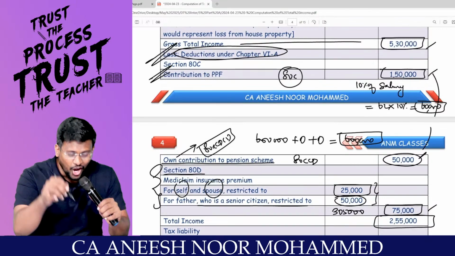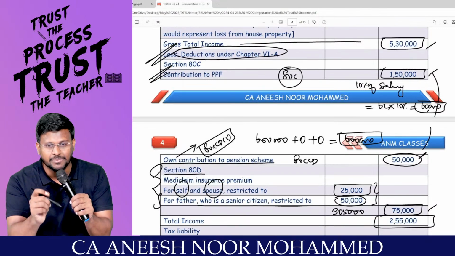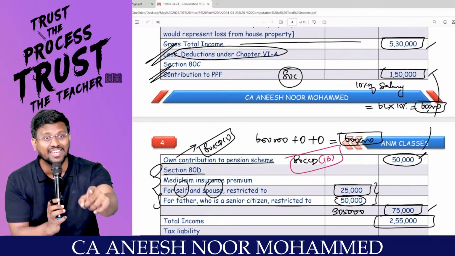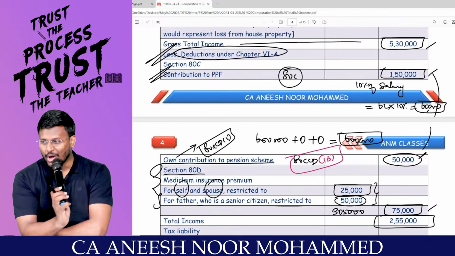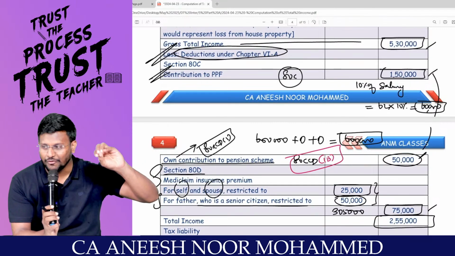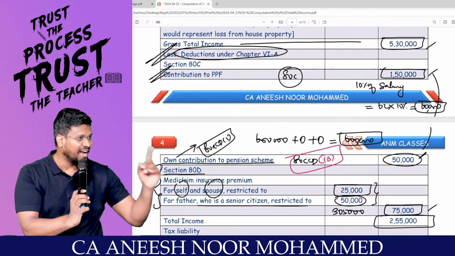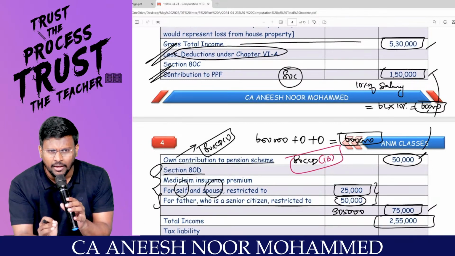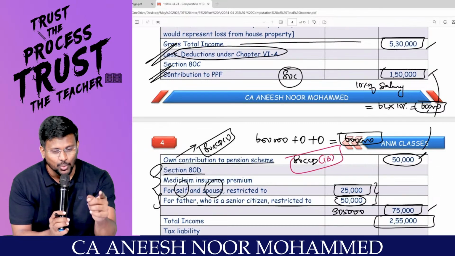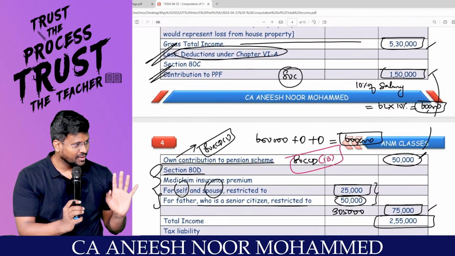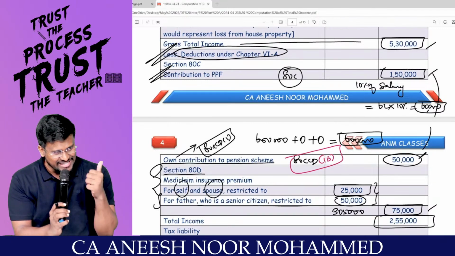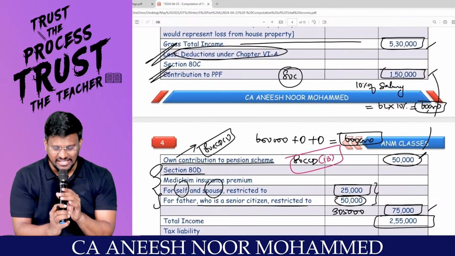So, they have not claimed under 80CCD subsection 1. They have claimed under 80CCD subsection 1B. Whose contribution? Employee's contribution. Over and above 10% of the salary, up to 50,000 rupees can be claimed as deduction under 80CCD subsection 1B. Sometimes in examination, under that pressure, you may restrict it to 1,50,000. Don't do that. Because for the employee's contribution, two sections are applicable: one is 80CCD subsection 1 and another is 80CCD subsection 1B.